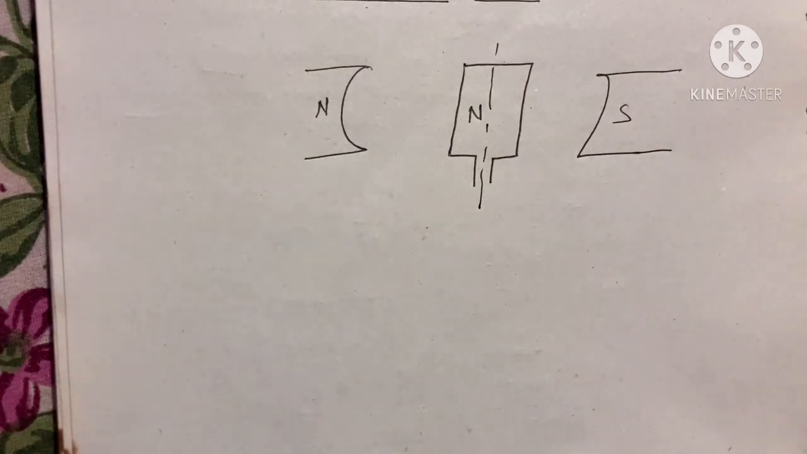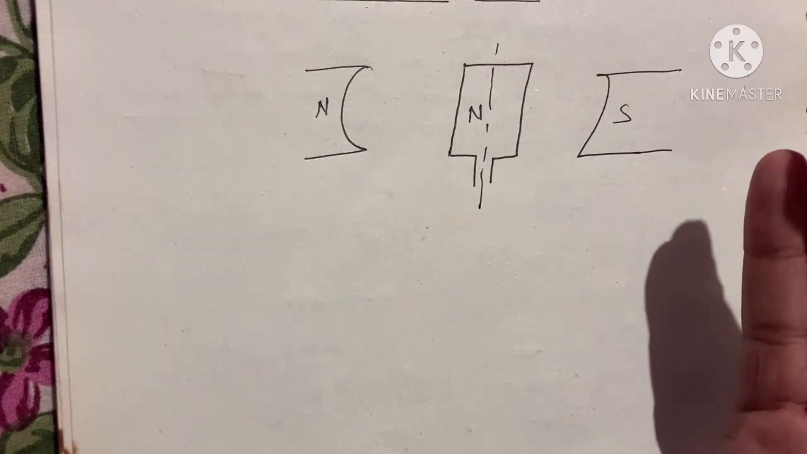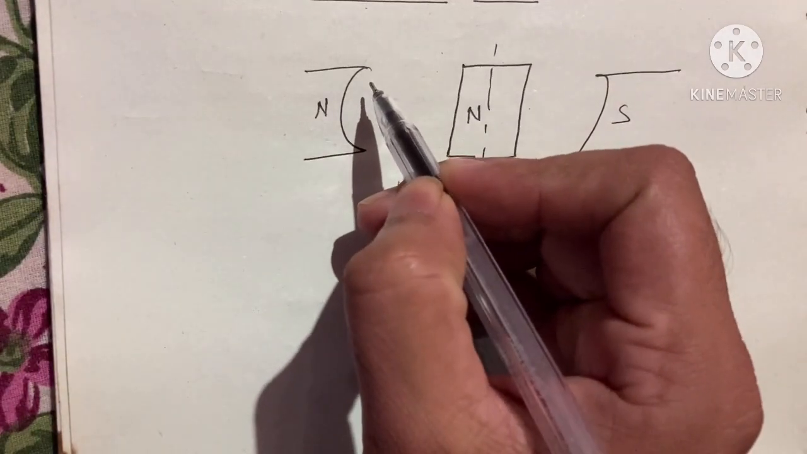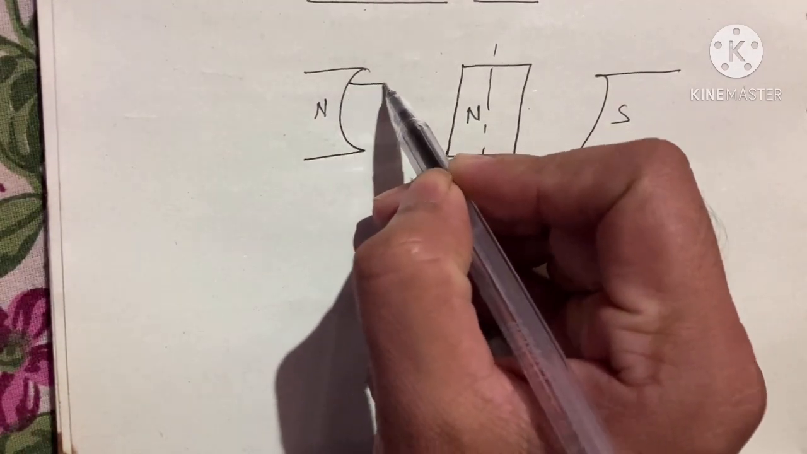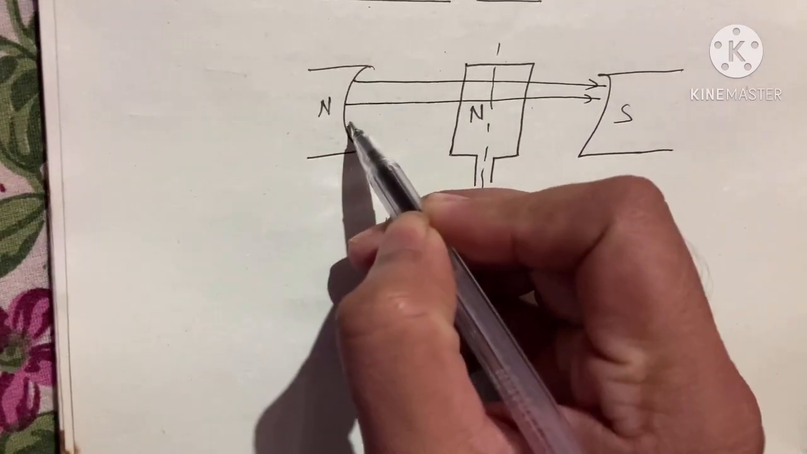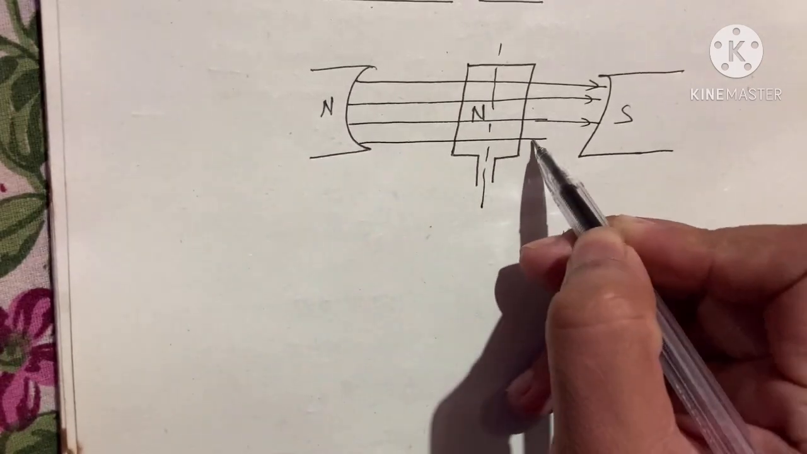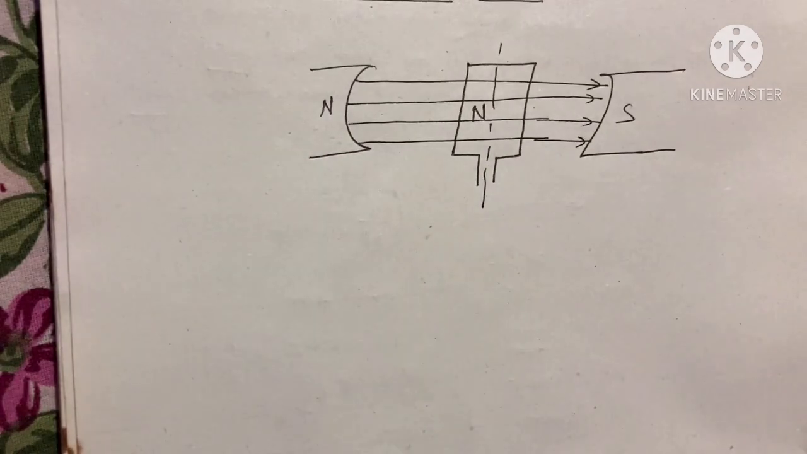we have seen that EMF is induced, and basically the most important term is flux. Lines of force emerge from the north pole to the south pole like this. This is the direction of lines of force. So when these lines of force are cut by this coil, current flows, or EMF is induced,